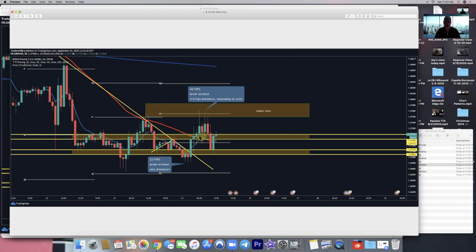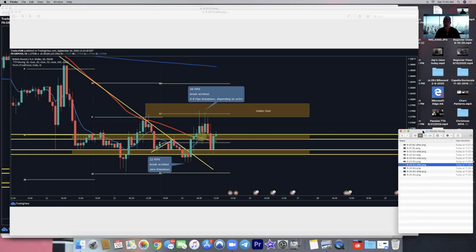Depending on when you entered here, you might have had 0 to 8 pip drawdown. But again, remember, we wait for that wick. So that wick was beautiful. And then the next one that it came down did not go below the zone, which is nice, and went up for 48 pips. That was another beautiful win. That was the 24th. And then the last trade of the week,